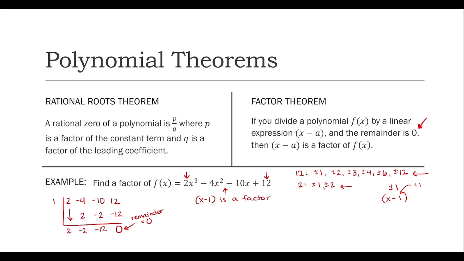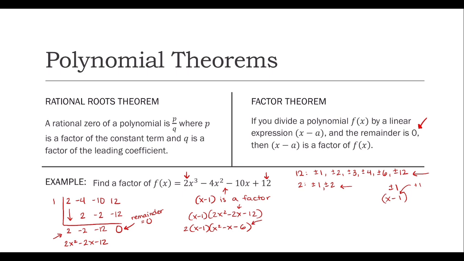And it would be x minus 1 times this when we turn it back into an expression. Our original was an x cubed, so this would be 2x squared minus 2x minus 12. So it would be x minus 1 times 2x squared minus 2x minus 12. We can factor 2 out of here, so we'd have 2 times x minus 1 times x squared minus x minus 6. So for this quadratic one,